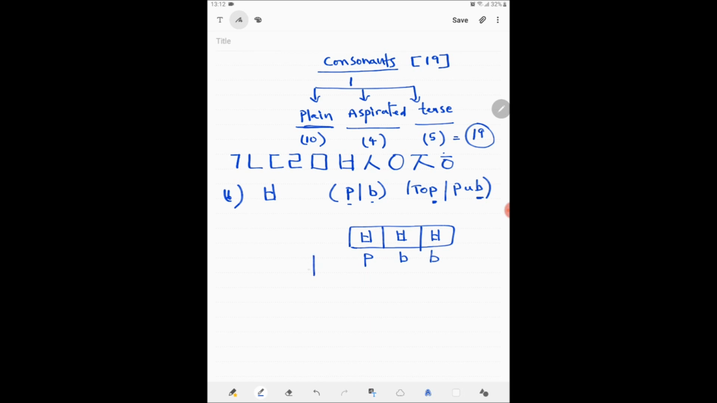So the writing direction is 1, 2, 3, and 4. 4 strokes for this sound, this particular syllable. So next sound, next syllable,